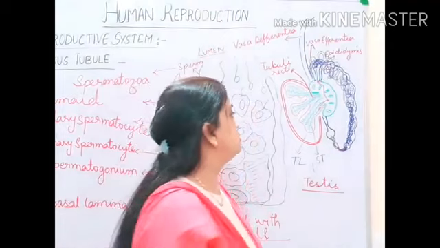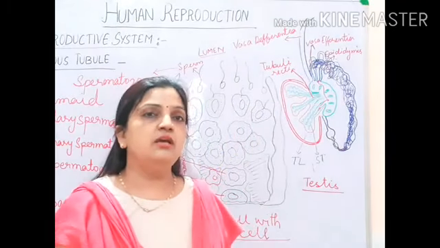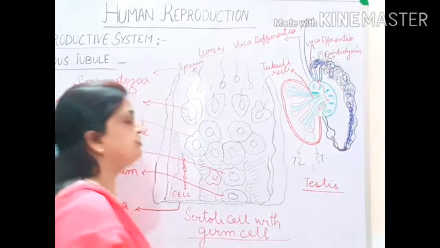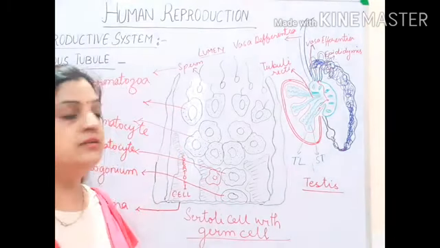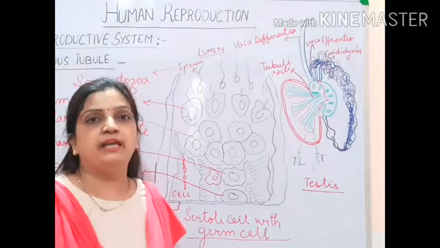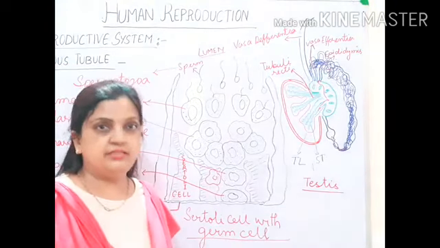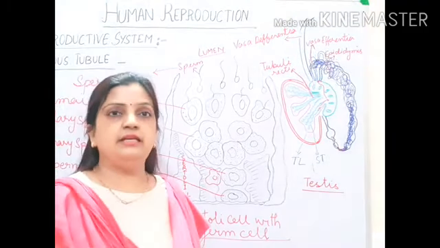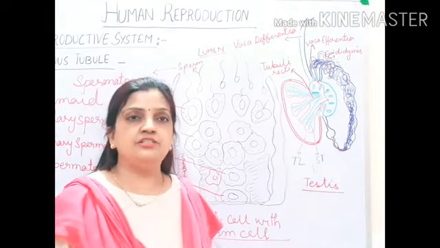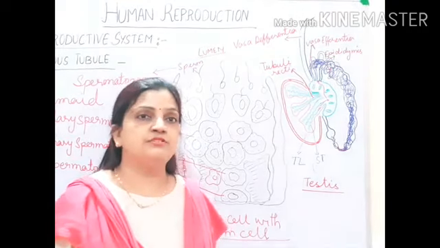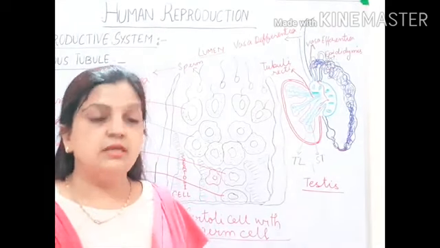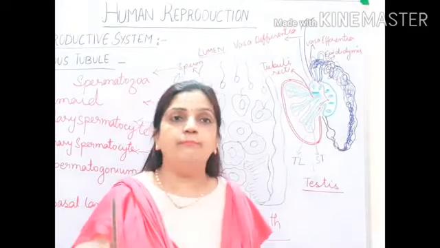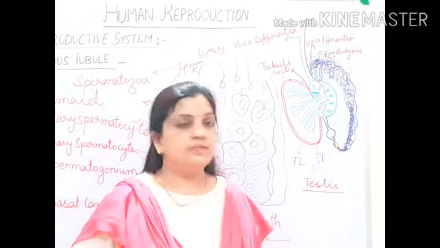Over there, this was the part which we have discussed today in detail about the seminiferous tubule. Hope that today's session was clearly understood by you all, and I have tried to explain each and every point with the help of diagrams. So go through the video nicely and try to understand each and every point, because the seminiferous tubule and the production of sperms, how it is taking place, is very important in the whole male reproductive system part. So try to understand it.